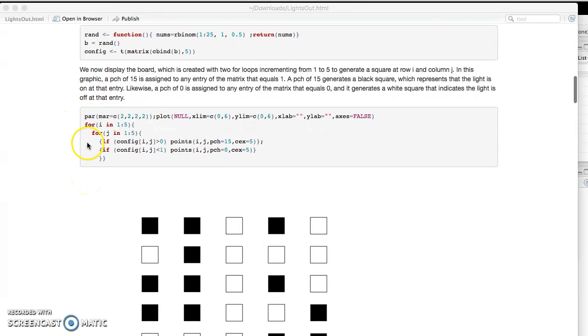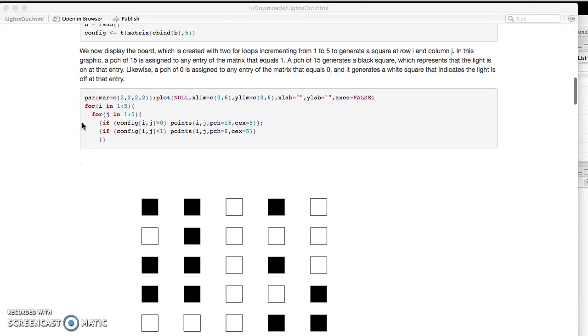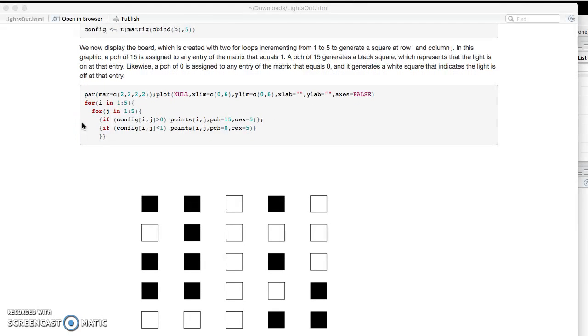This chunk of code is just to plot what we got, to plot the 25 by 1 vector as a graph. As you can see in the graph down below, when it's black, the light is on. When it's white, the light is off. So the code here just